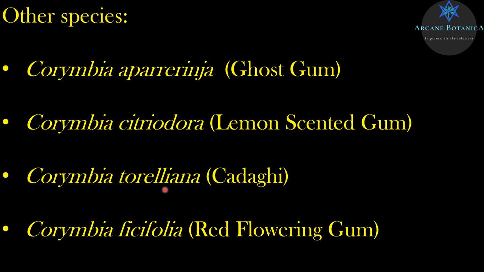Corymbia torrelliana, this is one that's been planted a bit outside its natural range. It grows in the north of Queensland, but it's been planted well and truly far beyond that. And it has naturalised in bushlands where it shouldn't really be. I've seen it in the north coast, sort of Tweed area of New South Wales, acting as a weed. It's got a really prominent sock of fibrous bark, a really short sock, and then it's got a smooth trunk, which can be a very nice shade of dark grey to bluey grey, or even greeny bluey grey. It's got this really prominent coloured stem or trunk.